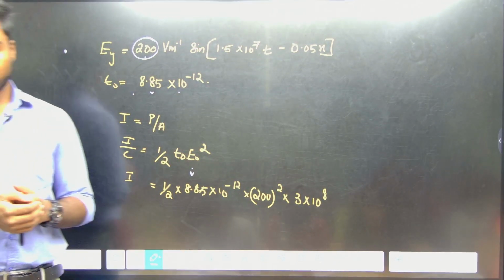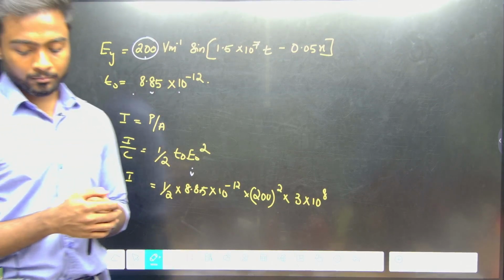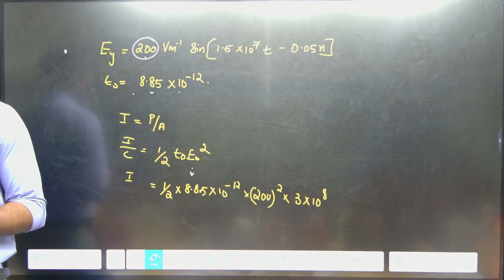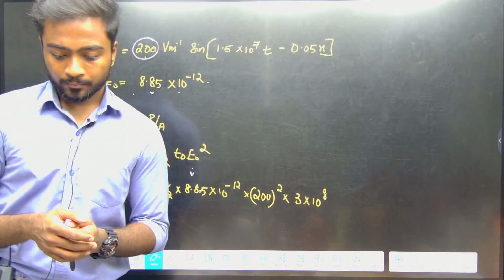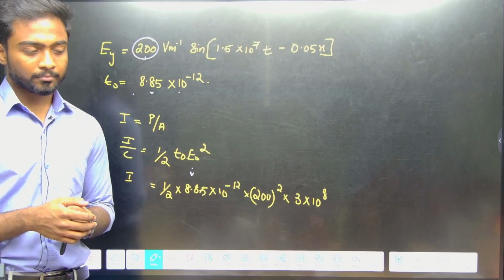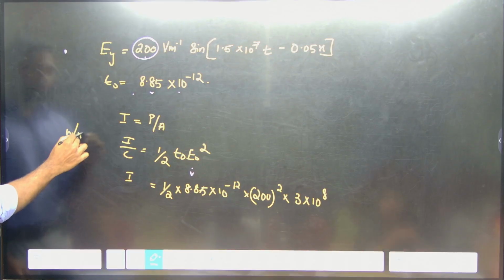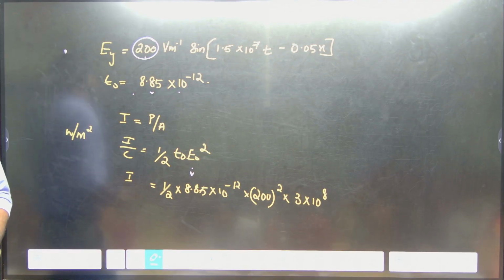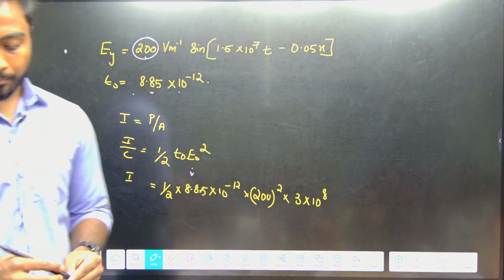An electromagnetic wave of intensity 6 into 10 power 8 Weber per meter square falls normally on the object,